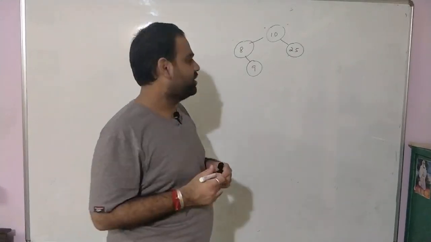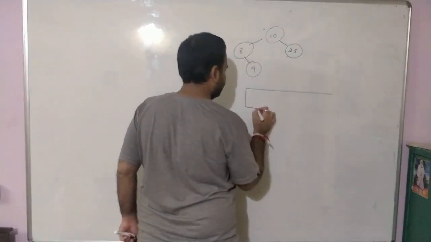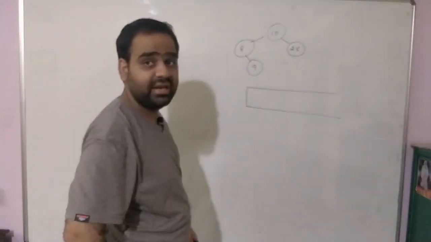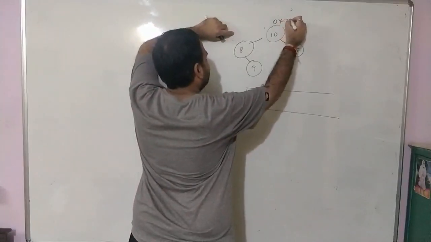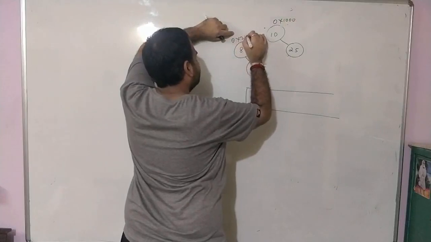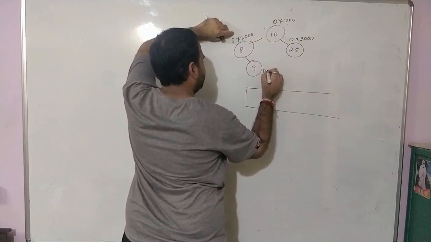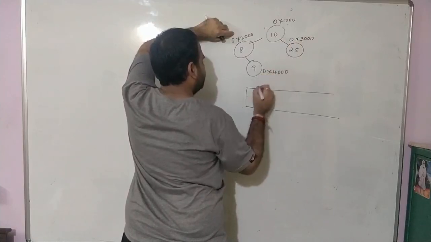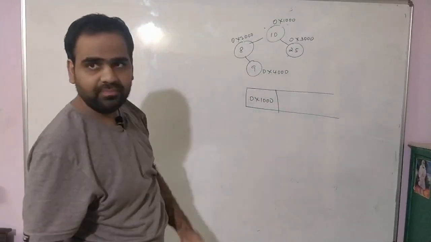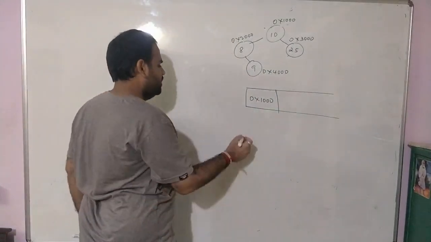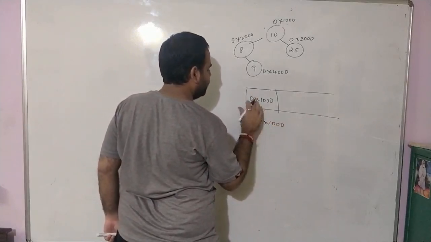Now in level order traversal of the tree, what is the helping data structure that we are taking? We are taking Q as the helping data structure. Now I will write the addresses so that it becomes easy for us: 1000, this is 2000, 3000 and 4000. First what we do, we enqueue 1000. After we enqueue 1000, you know that in the level order traversal, you say u is equal to dequeue. What do you dequeue? You dequeue 1000.